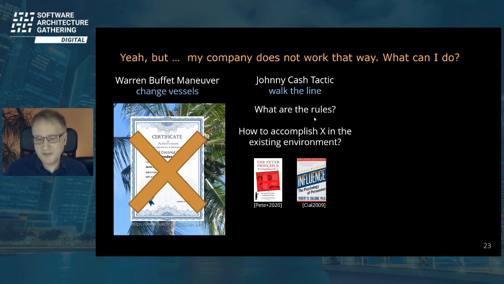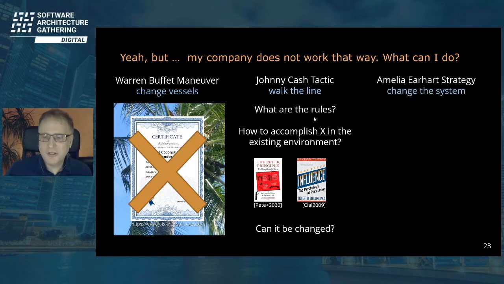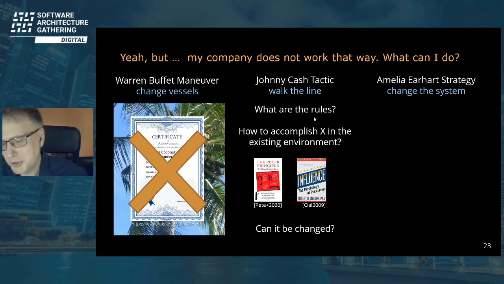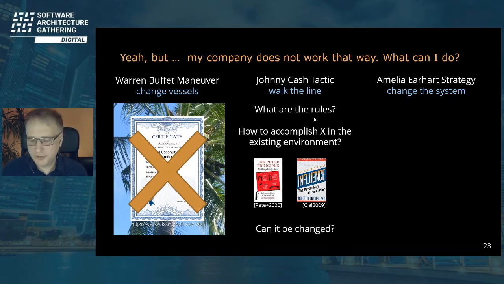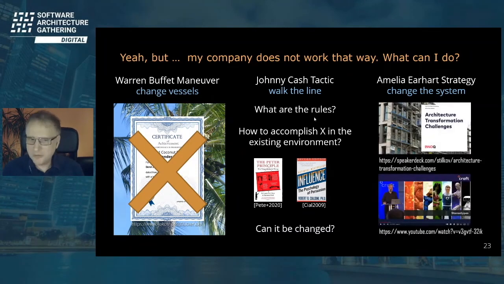So if you have this understanding, of course, you can work on changing things you do not like. So what you can also do is what I would call the Amelia Earhart strategy: try to hack the system, change the system. This is not always an option. You might not be in the position for this, but it's an option that's out there, and it depends on the environment you are in. I'm not really good at this stuff. I'm out of my waters here